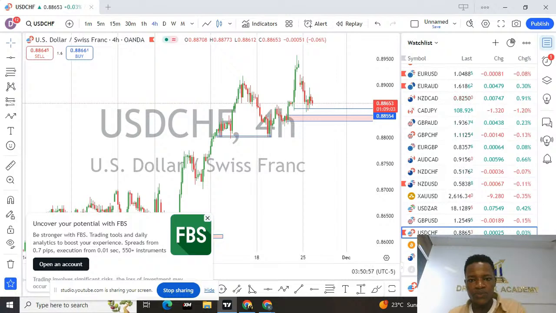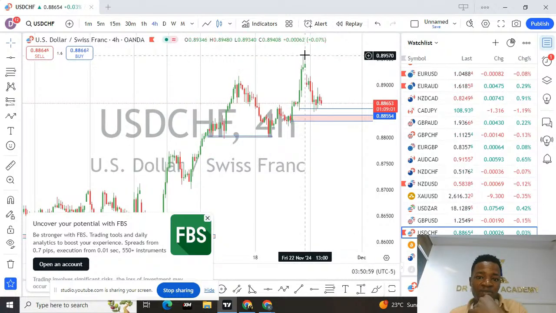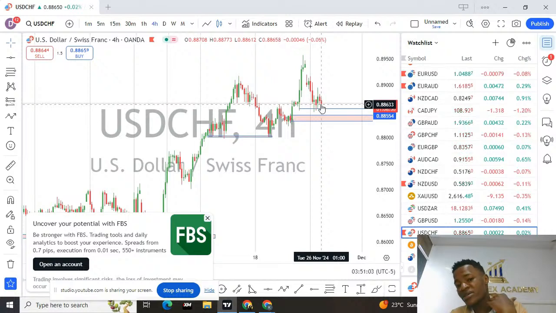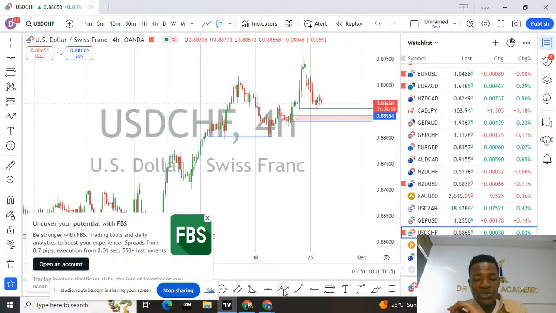Okay, so let me tell you guys, whenever you see these cells, with this green candlestick on the left divided by this red candlestick, it's a red flag for you to take your buys here. This doesn't guarantee me the market is going to buy. For me, it shows the market is going to drop a little bit lower, maybe to these areas, and then we look forward for more buys.